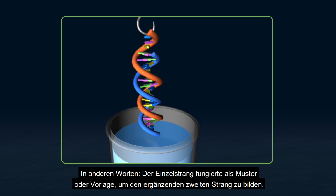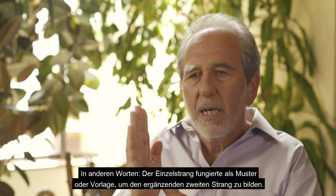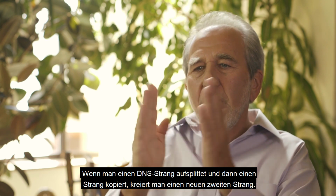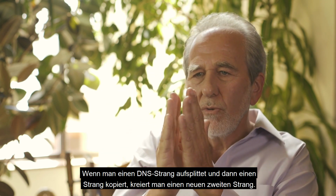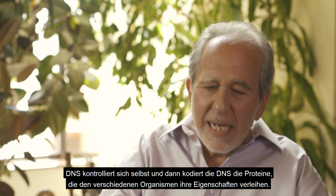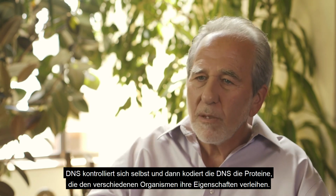In other words, the single strand acted as a pattern or a template to create the complementary second strand. So when you split a DNA strand and then copy the one strand, you create a new second strand. So DNA copies itself. And all of a sudden it's like, oh my God, resolution. The answer is simple. DNA controls itself, and then DNA codes for the protein, which gives the individual organism its